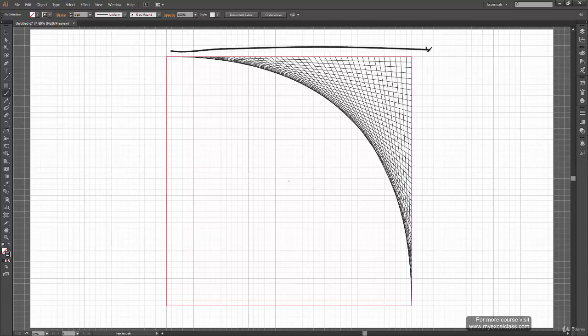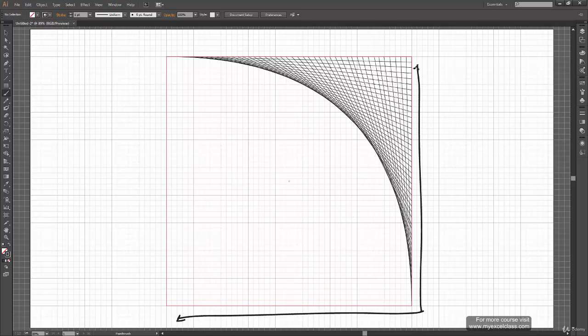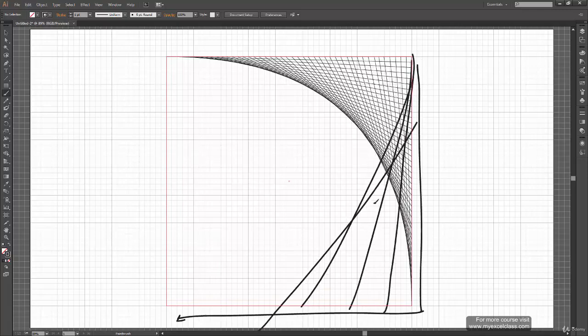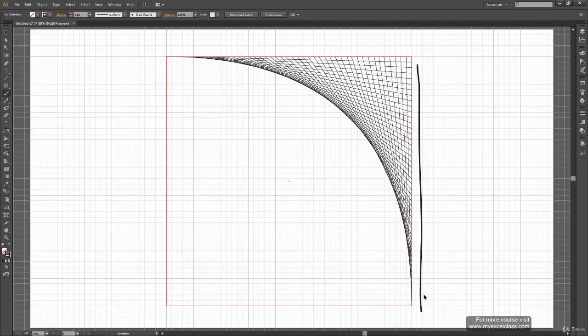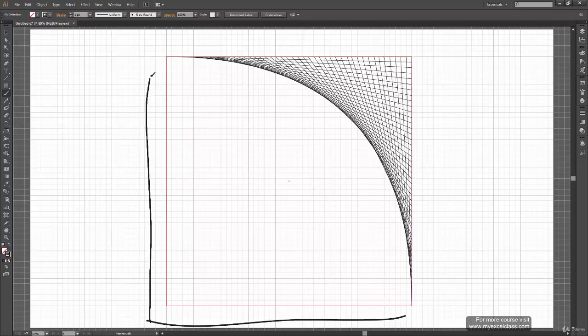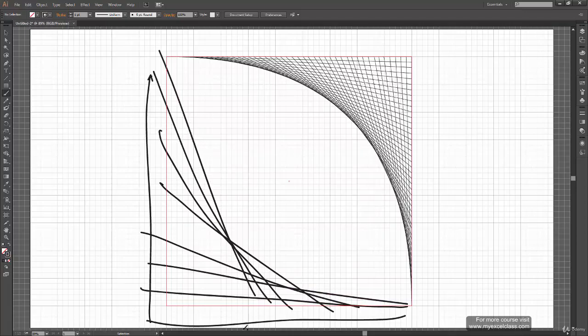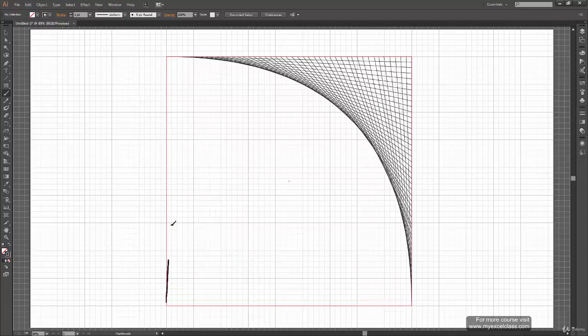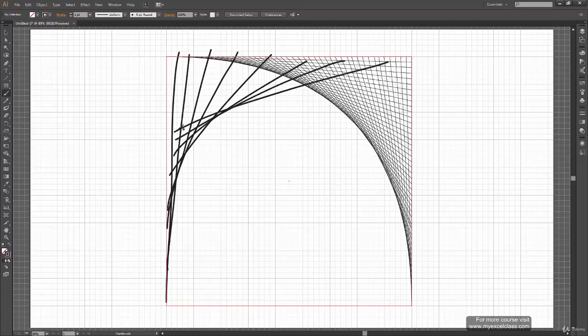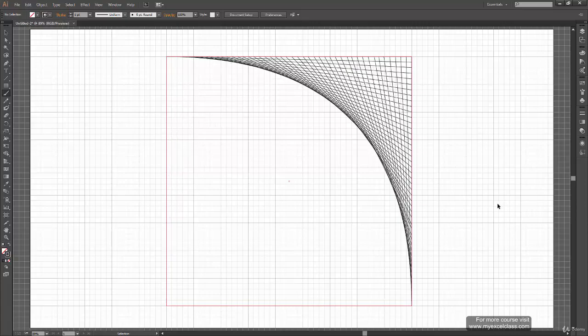So right now we have covered this segment. What next has to be done is cover this one. So you start drawing lines from here and go all the way to this one, and then do the same process for this segment. Start drawing from here and go all the way to the top right, top left, and again for this one, start from here and go all the way to the right.